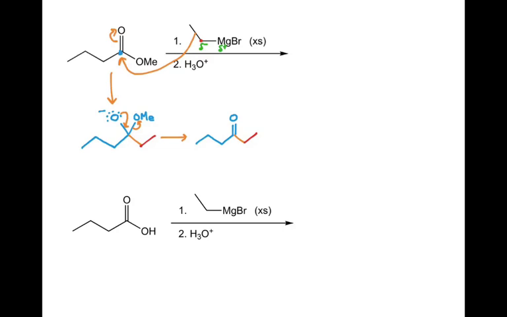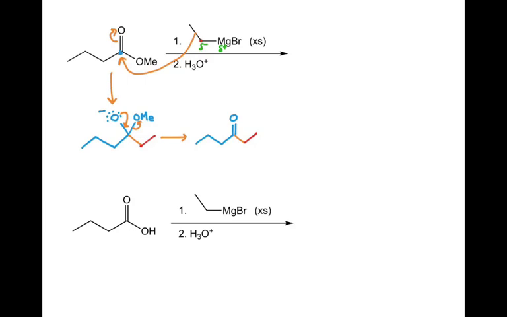So this is the intermediate that we get. What you should notice is that this is a ketone, and we have a Grignard reagent in the presence of a ketone. So what happens next here, and you notice I wrote excess here, is that a second equivalent of